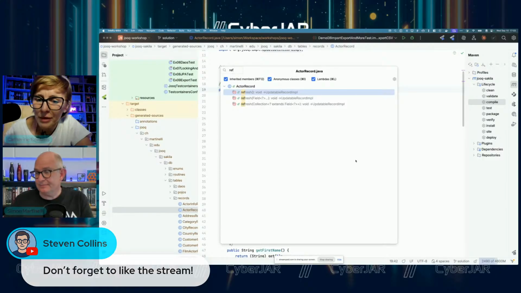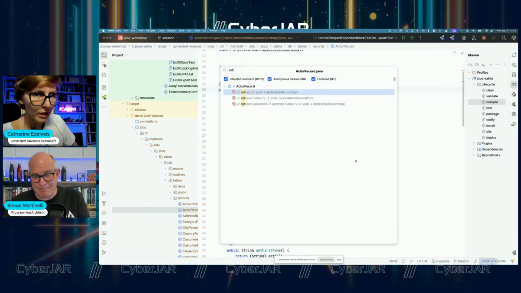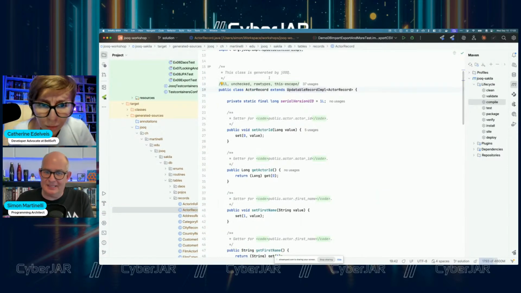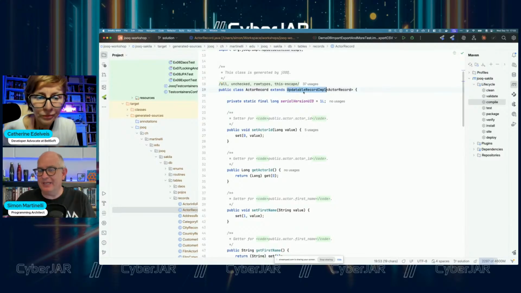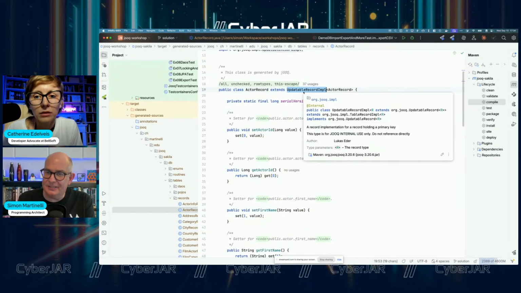Okay, well, Simon, I'm a little bit lost here. So jOOQ generates the classes, right, and the records. Yep. And there's the record implementation. So what's the difference between the implementation and the record? So that's my record. And the updatable record implementation is an implementation of the active record pattern. The active record pattern says you have a database record class that can store itself, for example.